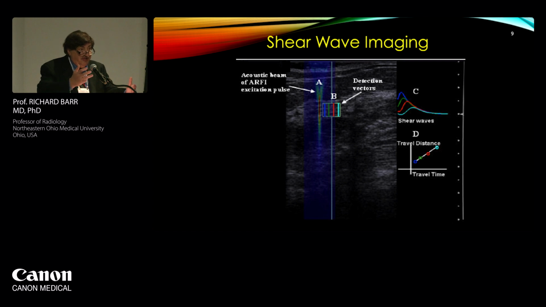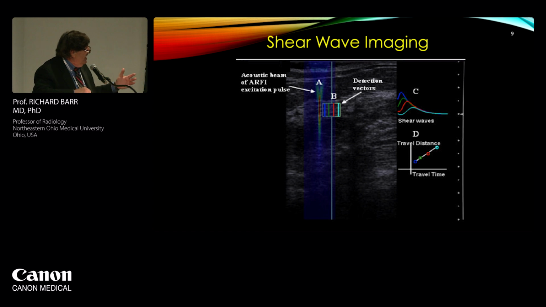And I really want to thank Canon. They're one of the systems that we have proof that the cutoff values work on their system. So that's really important. And we're hoping that all the other ultrasound vendors will be able to get to the point where their machines all work with the SRU cutoff values.